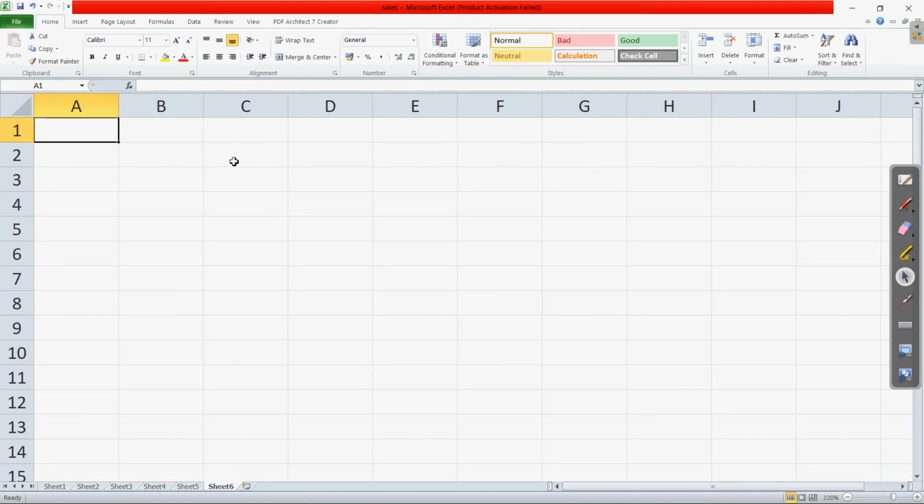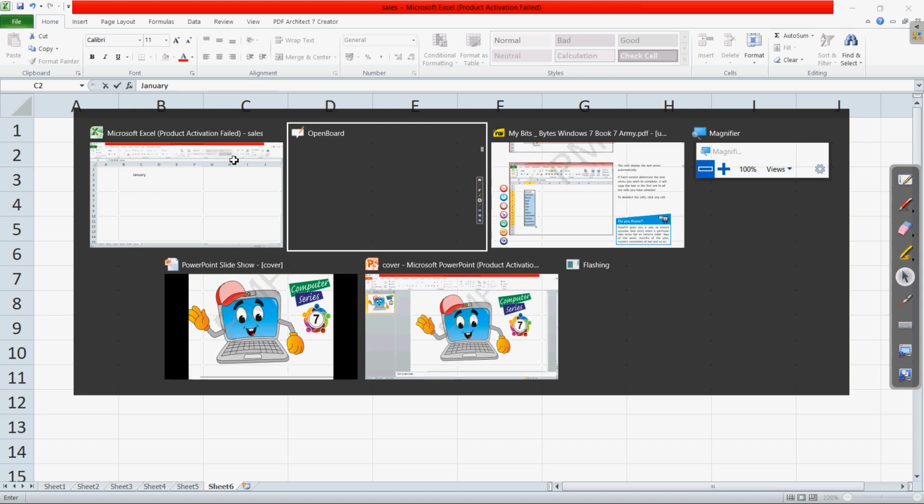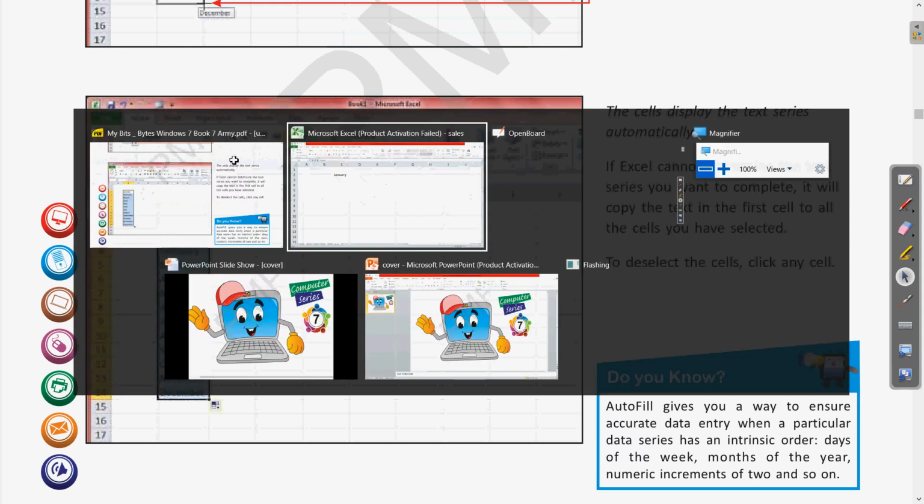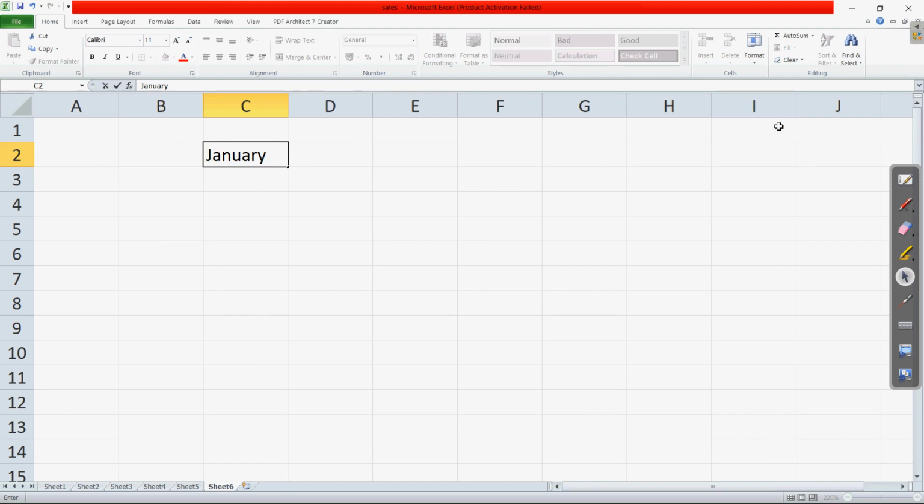So what we are going to do, suppose I am writing January, and we only need it for 12 months. If you want to drag it further, we can do that also. So we have written the name of the first month.